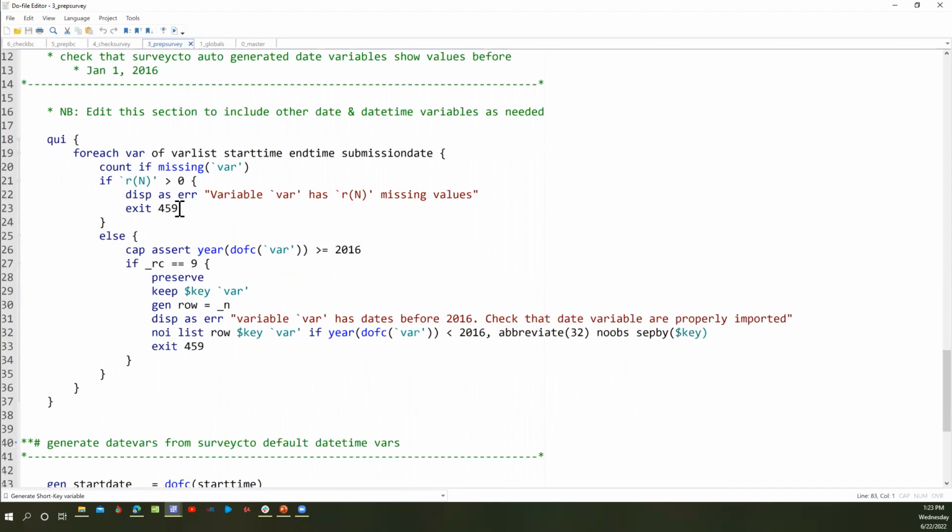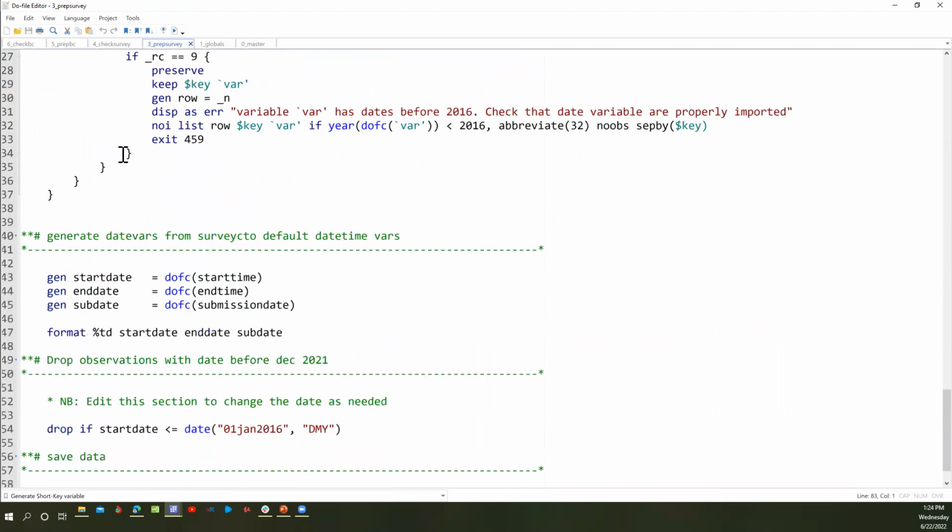Or sometimes, and I think this is the more important reason, when you download the import do file from SurveyCTO, it doesn't really correspond with the date formatting of your laptop. So you downloaded the data, in the data the date format was day, month, year, and in the do file it is month, day, year. Because of that, some of the fields would import and some would not. So you would find that you have missing dates, or you would find dates that are just off, right? So having this here also makes you check for those situations.